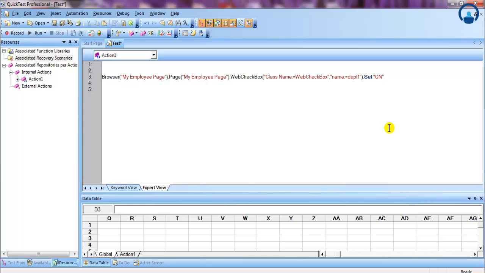Now to use the same code for different checkboxes, I am dynamically varying the property name, which is having the value department 1. Now what I can do is vary this to department 2, 3, 4, 5 for a single line of code, and then I can put it in a loop, that is 1, 2, 3, 4, 5. The loop will run 5 times and all the checkboxes will be set. Okay,